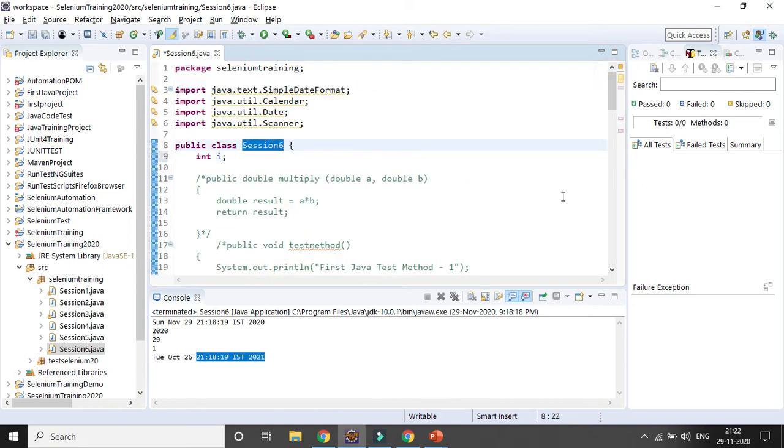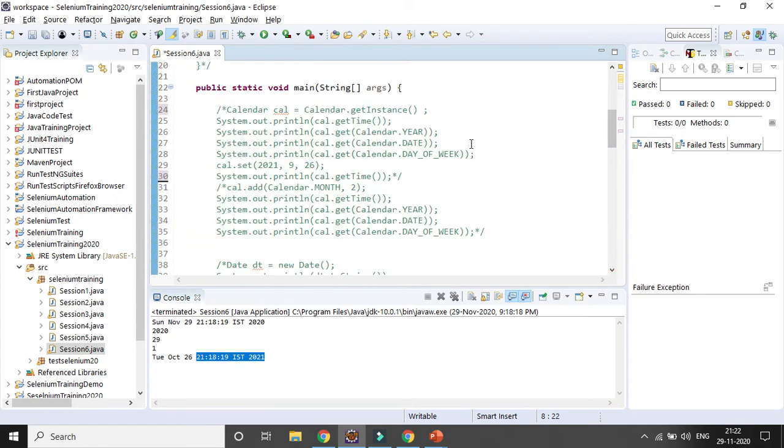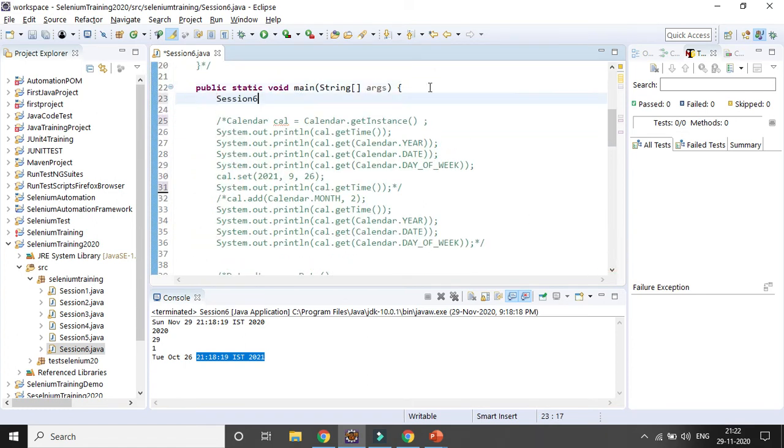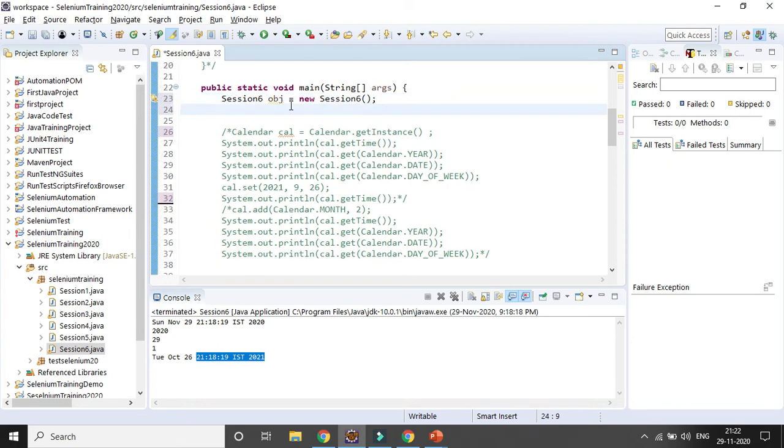As and when I create an object or instance, memory allocation will be done immediately. Obj equal to new keyword and then the class name. Now if you want to print that I variable, it will get the default value, though we did not initialize any value.